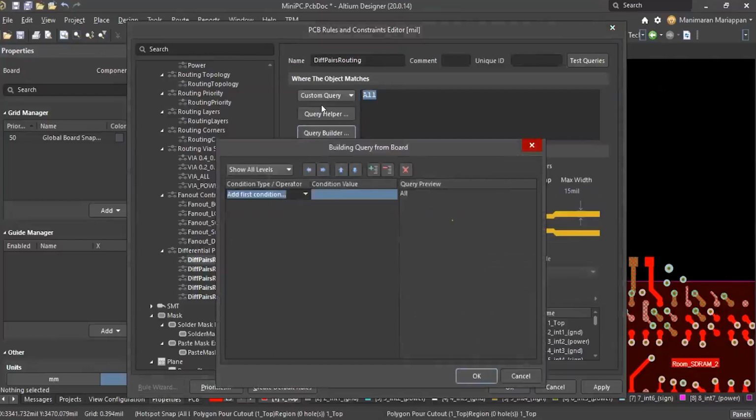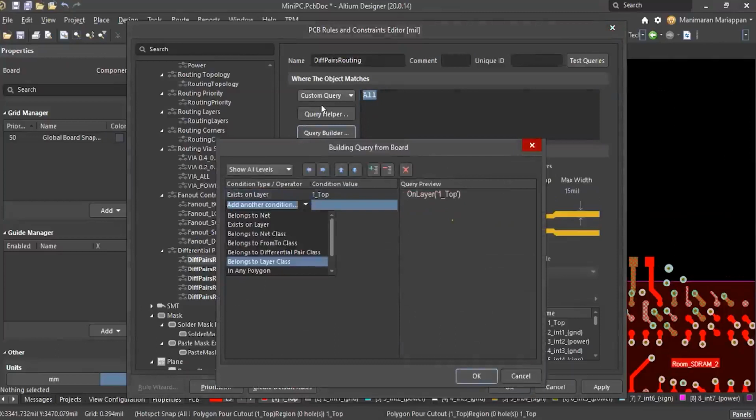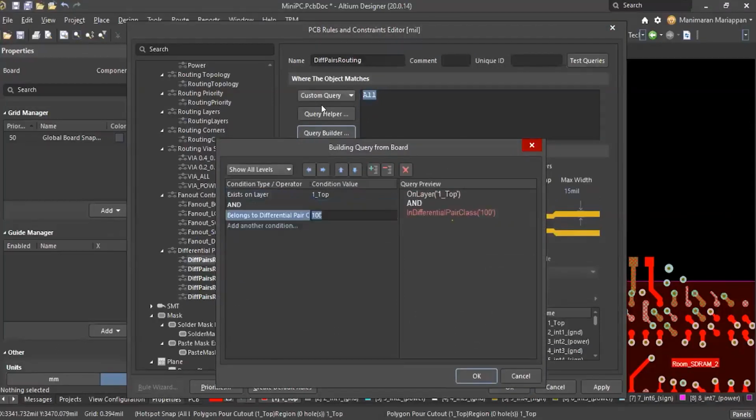Exists on layer top. Another condition, differential pair class. Which differential pair is it? This is PCIe 85, I think. And another condition, so this should be maintained only on the top layer and only for this signal. And what else?